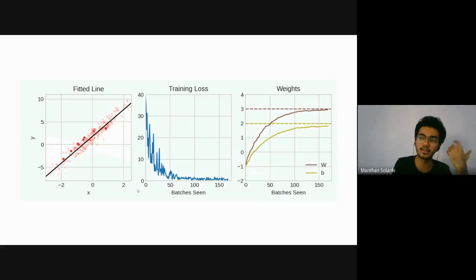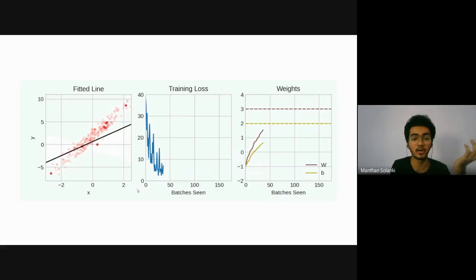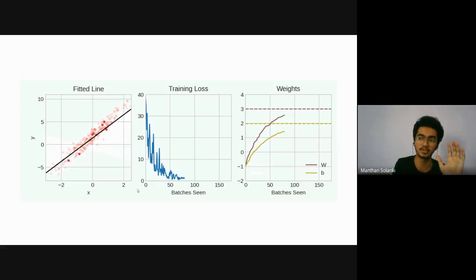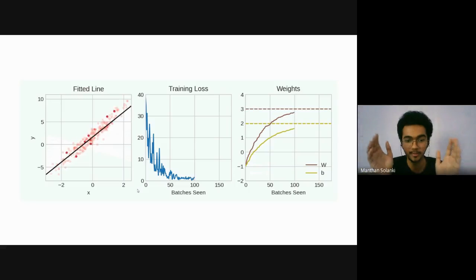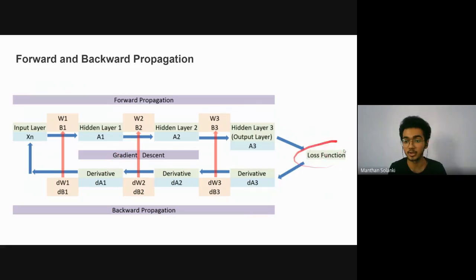If we look at the scenario where we have tons of data which we cannot fit all at once, what will happen? Let's suppose we have 100 images. I will feed my neural network 10 images at a time. After 10 images come, the loss value is calculated, backward propagation happens, and the parameters are updated.